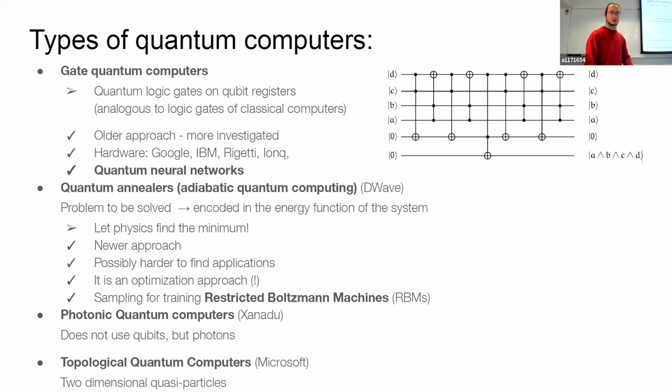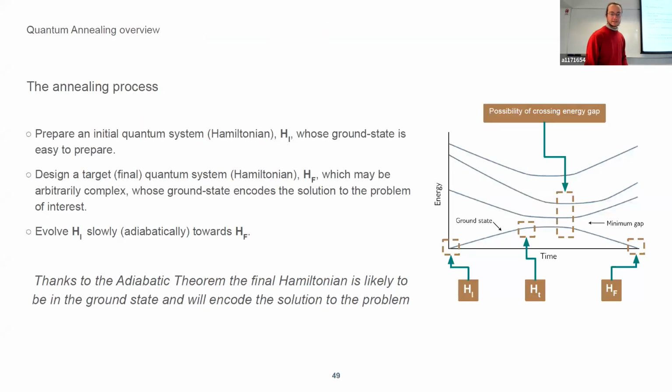And they use something that behaves like two-dimensional particles. So systems that behave like two-dimensional particles. And for quantum annealers, the idea is that you evolve the Hamiltonian, which is the generator of a unitary transformation,